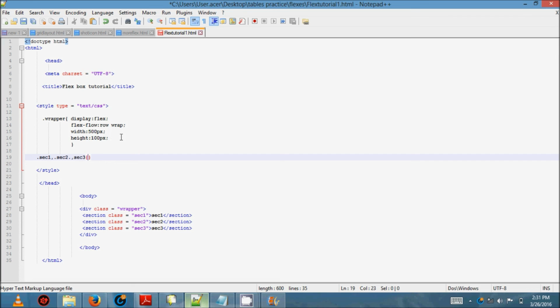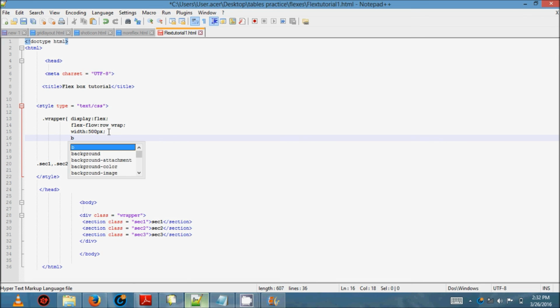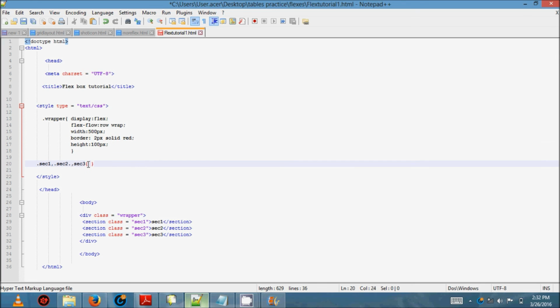I need to keep the wrapper border here so that you guys can see it: border 1, give it 2px solid, and give it a red color so that you see it clearly. So let's go ahead and give them a background color, background